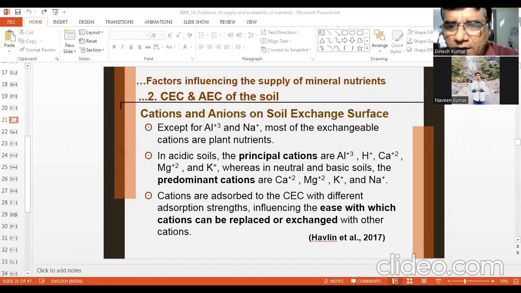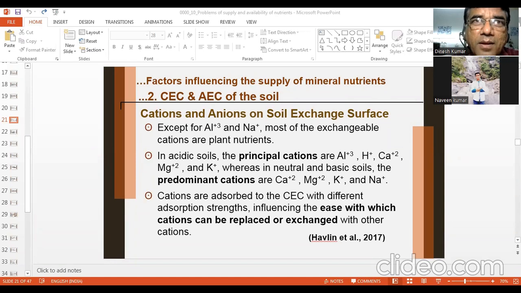So you can see, the higher the charge, the higher the attraction, the higher the bondage with the clays or with the organic colloids. For example, Fe3 ferric will be bound more strongly than ferrous. Similarly, aluminum's strength of adsorption will be much higher than iron or potassium or